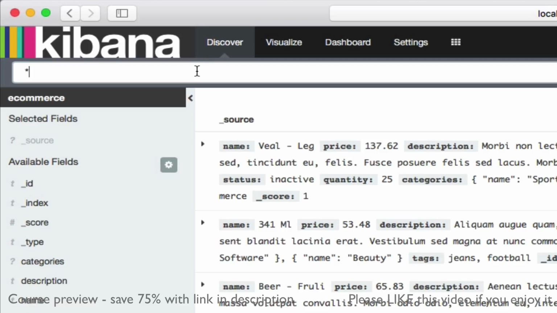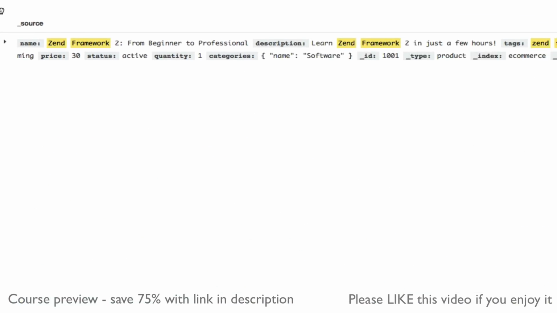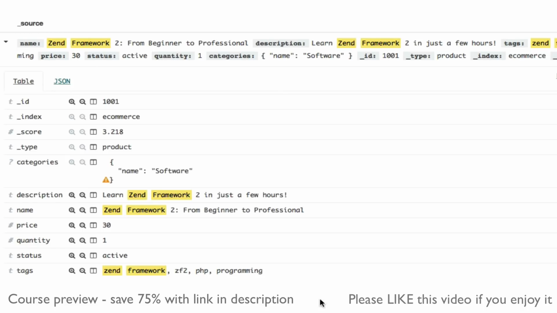And we should be able to find the document by searching for send framework in the search bar. And it seems like we found it. And as you can see, the document that we just added shows up, and the matching parts of the query